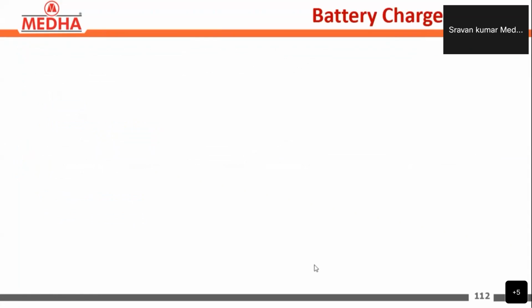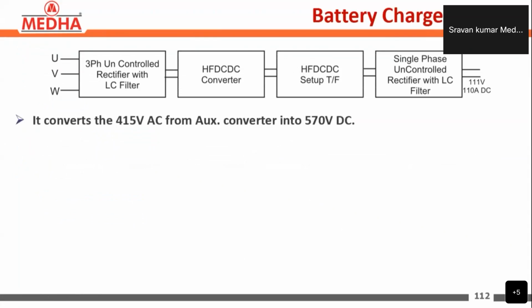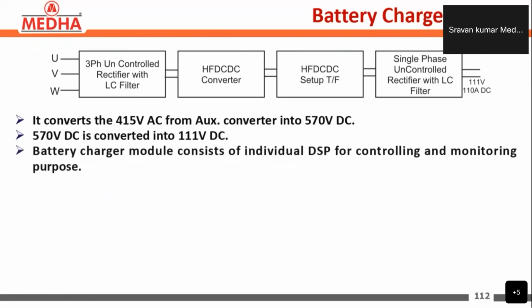And next, coming to the battery charger module. This is present in the auxiliary converter 2 cubicle and can be controlled with the auxiliary converter 2 and auxiliary converter 3 control system. The output of the auxiliary converter, that is the 3-phase 415 volts output, is taken as input to